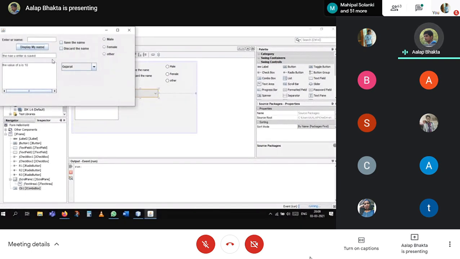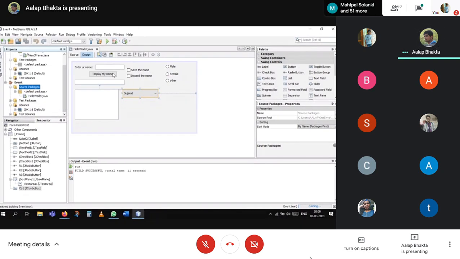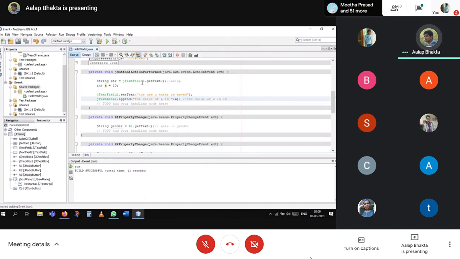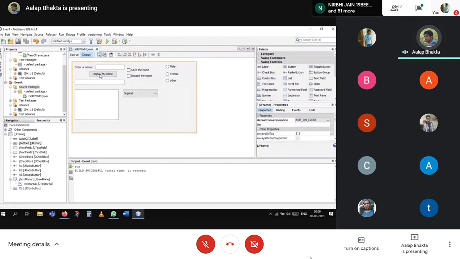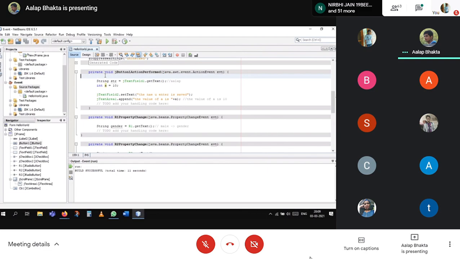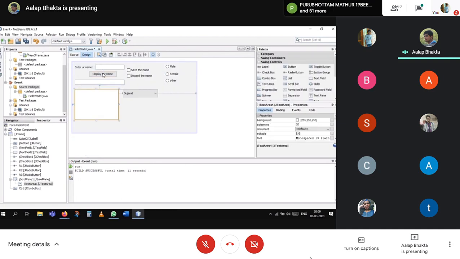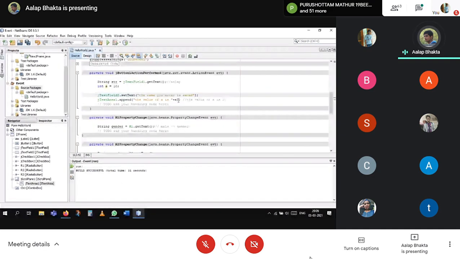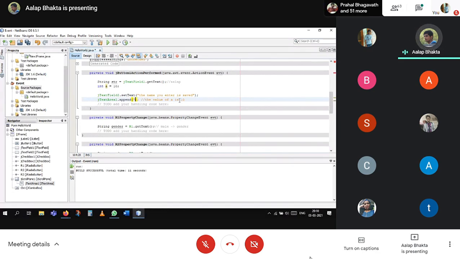So you have seen, I've coded this so that whenever I double click, it will get the action performed: the name you entered is saved. Over here I will replace this with your name plus str.